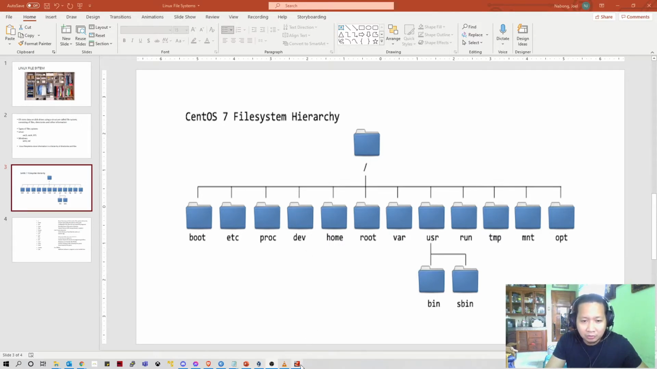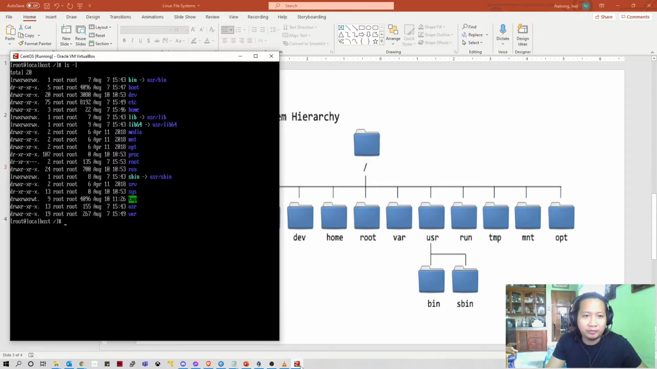I'll show it on our VM. So you can see here are the different subdirectories. Each subdirectory has its own function and its own functionality. And to compare this with Windows,